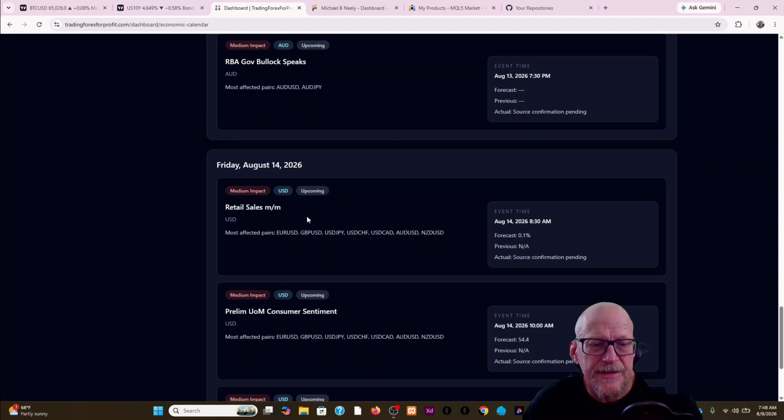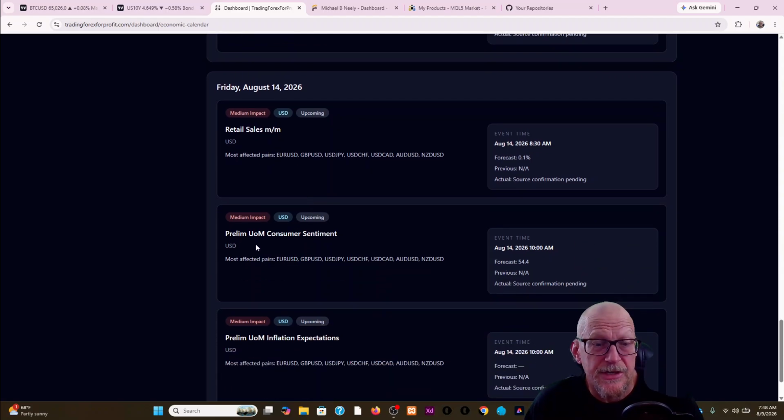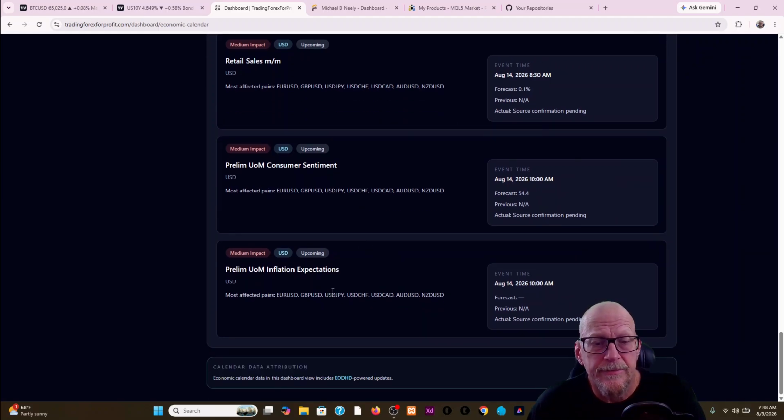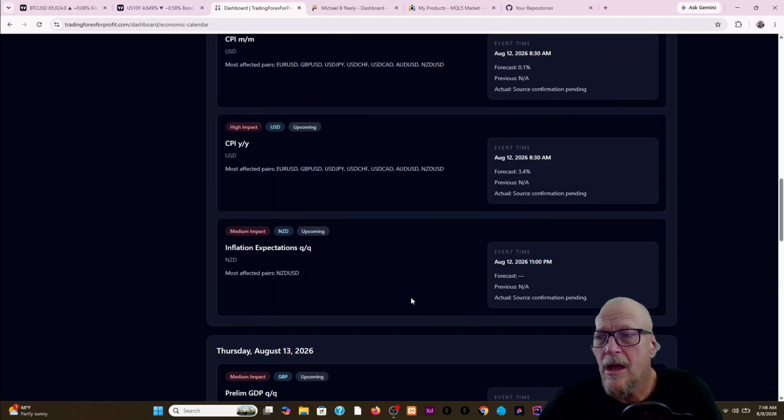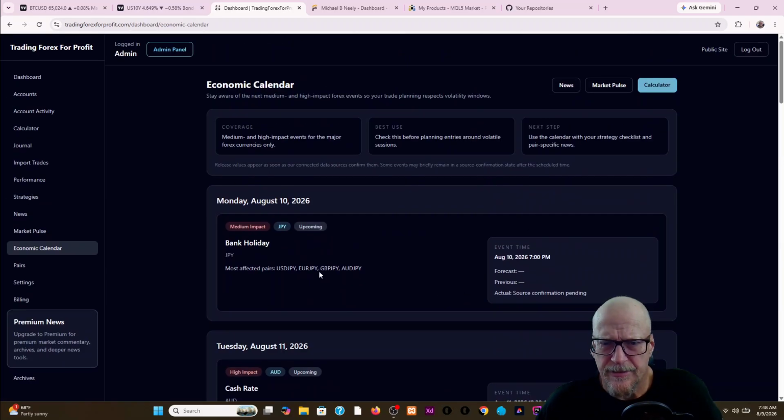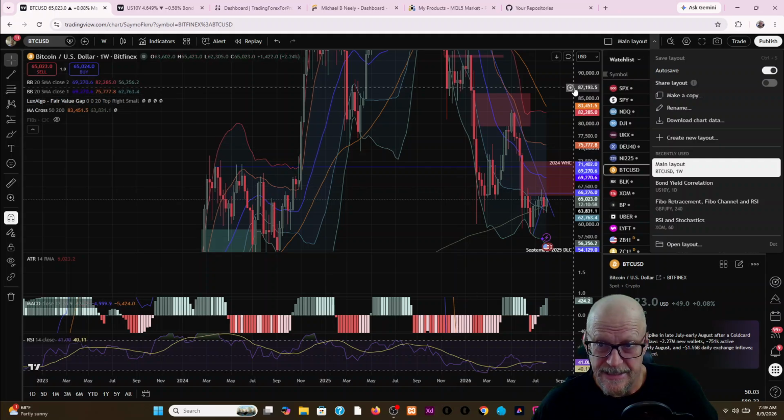We have retail sales for the United States, preliminary University of Michigan consumer sentiment, and then inflation expectations from the University of Michigan. And this is all powered by EURGBP. So by all means, if you're a developer and looking for economic data, this is a great place to get that. Although I'm not sure why the U3 employment data is in there. Need to remove that one pronto. Otherwise, that's all we've got so far on the economic calendar for this next week.